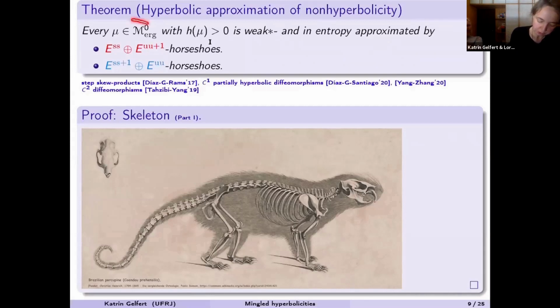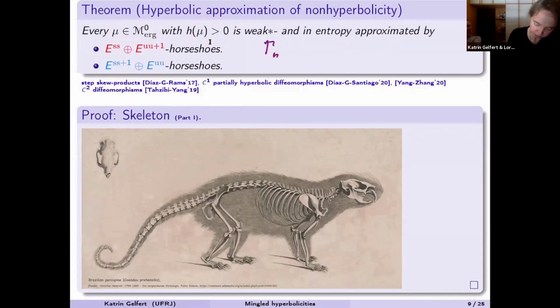For every ergodic non-hyperbolic measure, let's say with positive entropy, every such measure is weak star and entropy approximated by hyperbolic measures. And in particular, it's approximated by horseshoes of either type of hyperbolicity, such that you have a sequence of horseshoes,